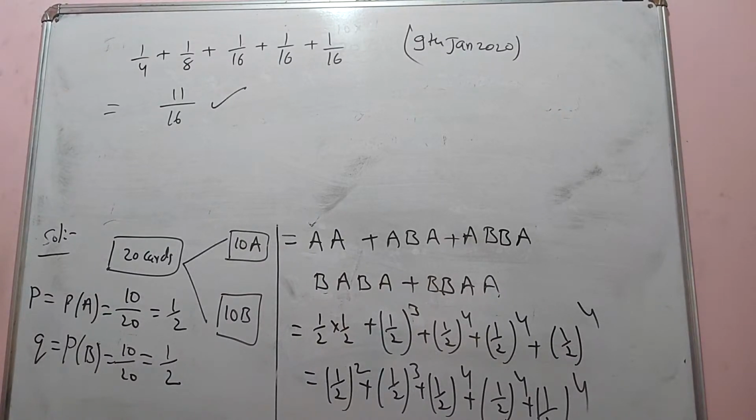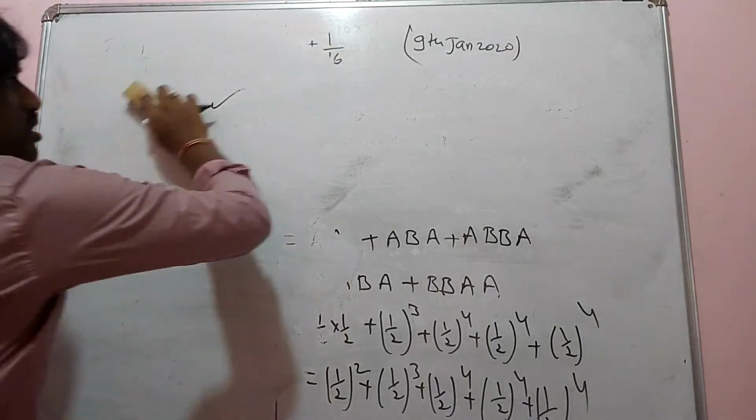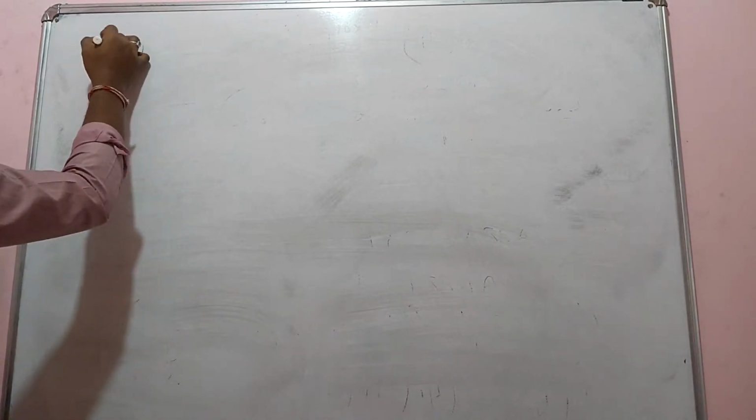Anyone have any doubts? This question I already discussed, this is 8th January. I hope I discussed it with you, even so I'll discuss it again. Then we move on to the 2019 questions. My 2020 book, I lost it, I don't know where I kept it. I have 2019, I will do it. So question number 4.